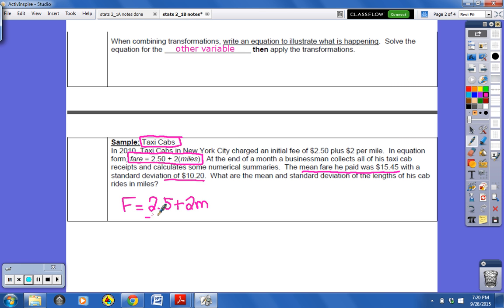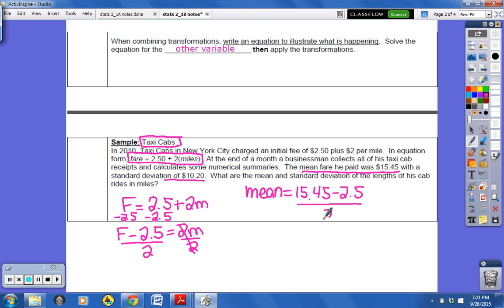So I need to undo everything that was done to get the fare. I'm going to start by subtracting 2.5 on both sides. Then I have the fare minus 2.5, and then I would divide by 2. That gives me an equation for my miles. So I figure out what I have to do to fares to transform and figure out what's happening with my mileage. For my mean, I would take the mean fare, 15.45, minus 2.5, and then divide by 2. And that would give me my new mean